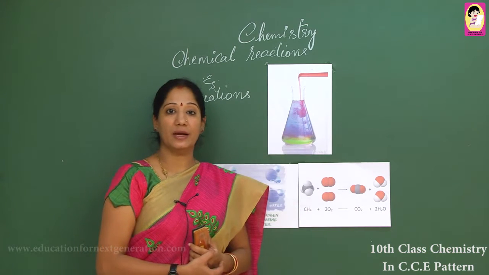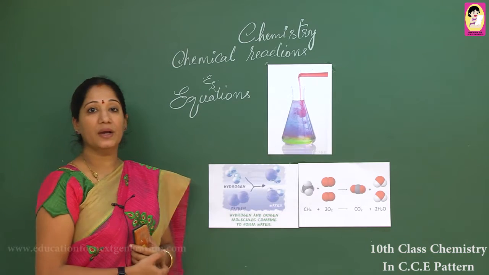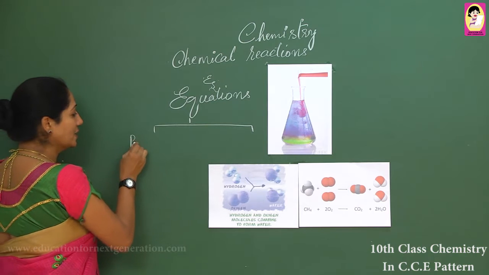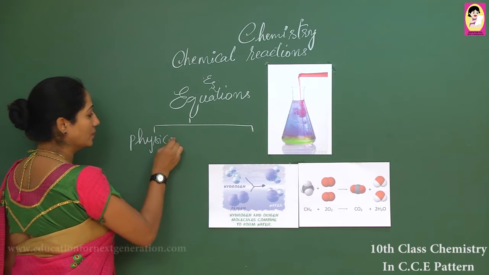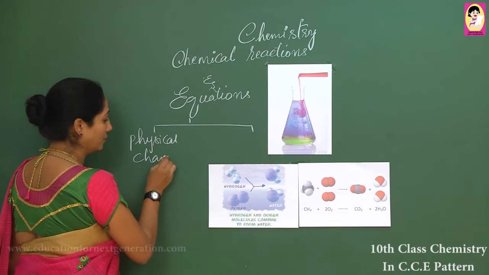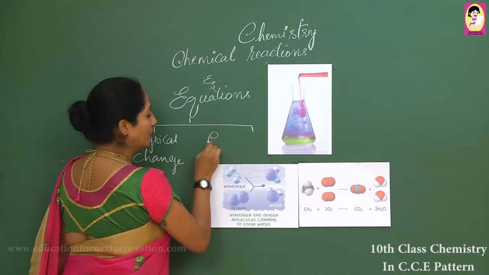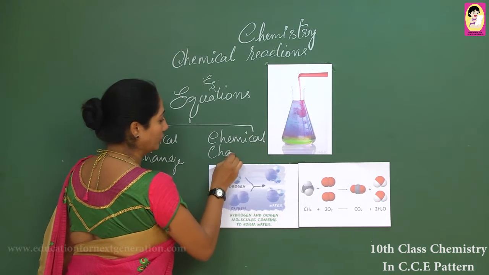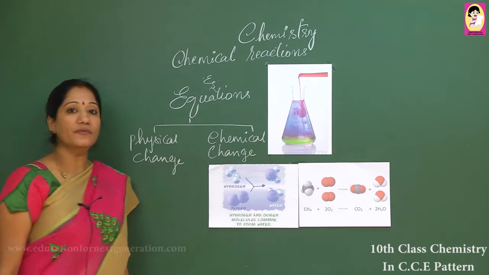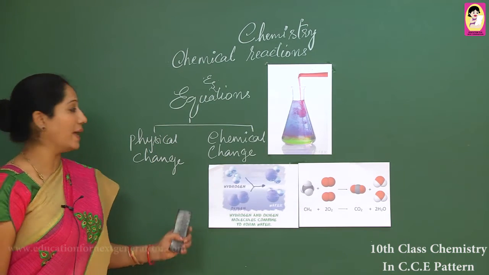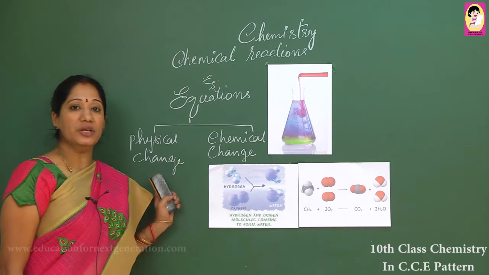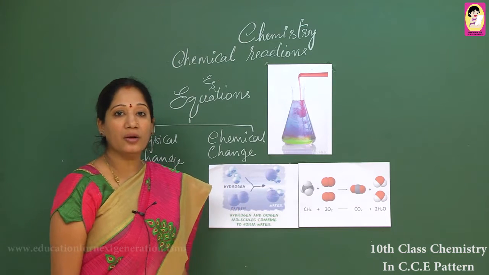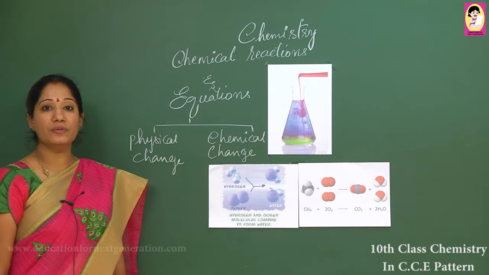The changes which are observed in our day-to-day life are of two types. One is a physical change and the other one is a chemical change. Now, in terms of chemistry, we consider these changes as reactions. The physical changes are like sunrise getting converted to sunset, or summer season getting converted to winter season